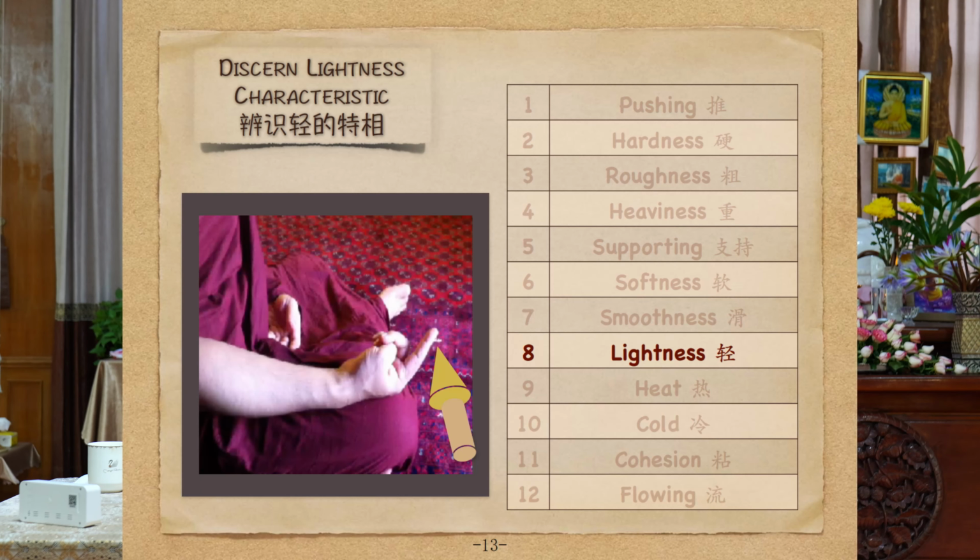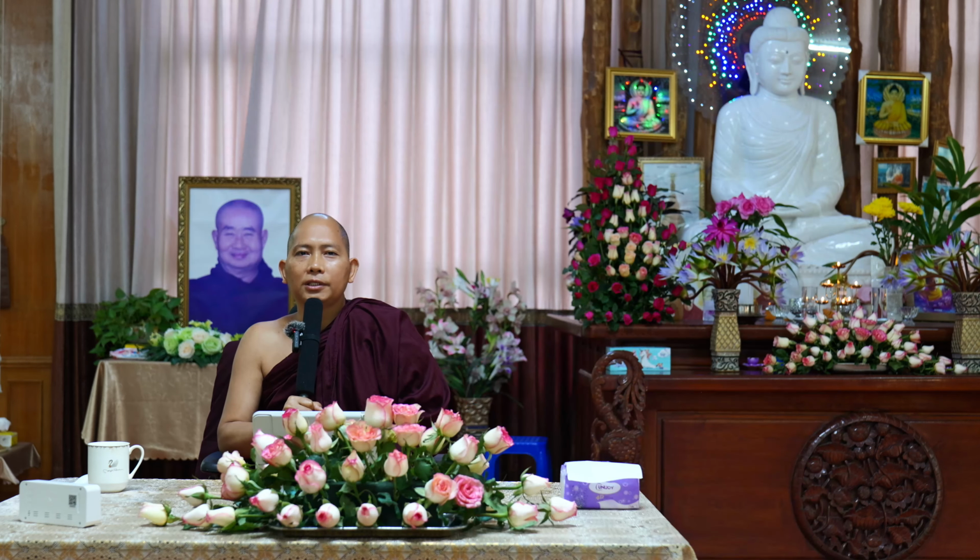Then altogether again. Then you can increase another one, number 8, lightness. The lightness characteristic is also the same, the opposite of heaviness. If you understand heaviness, the opposite is lightness. When you can sit comfortably and peacefully, your body is very light. No heaviness there. Lightness characteristics are more in your body. Then you can easily discern it